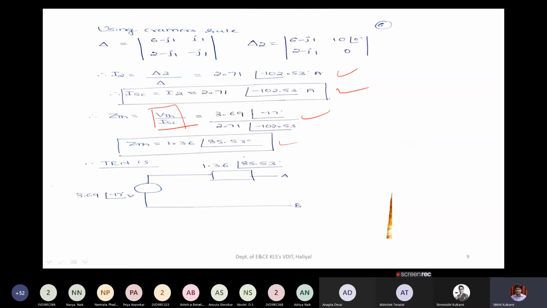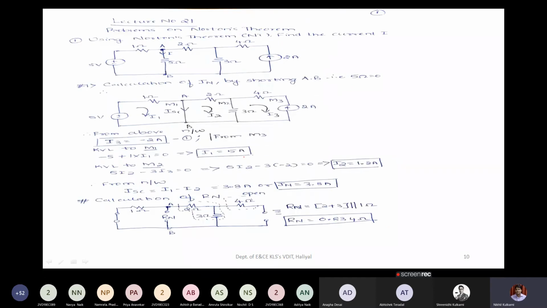Okay, so these are a few sample problems based on Thevenin's theorem. Again, everyone please go through the lesson plan, and at the end, go through the question papers also. You can find plenty of questions on Thevenin's theorem, so solve them. Now I will take up a few problems based on Norton's theorem, maybe around 3 problems, then we will wind up.